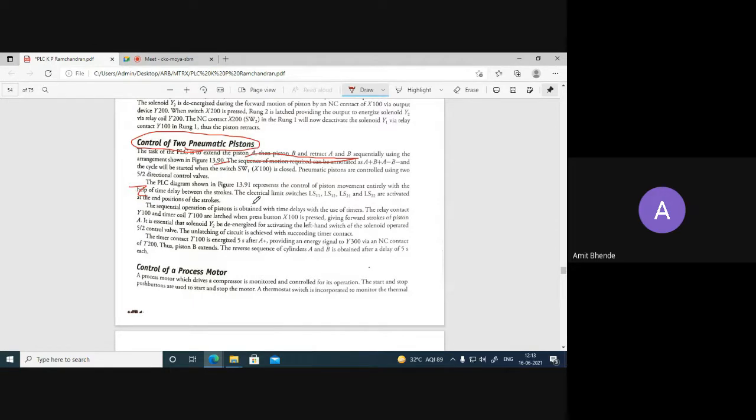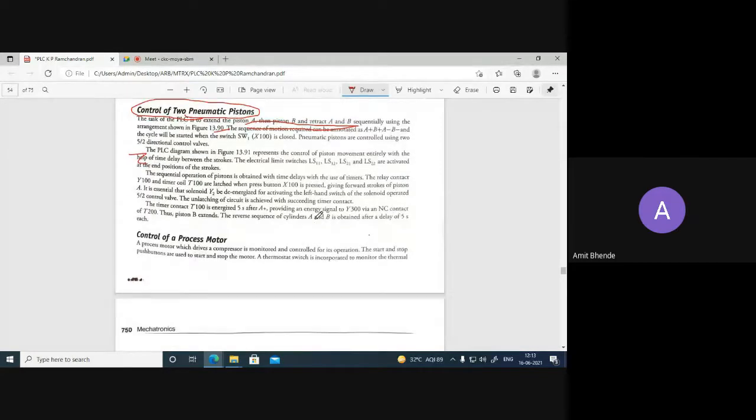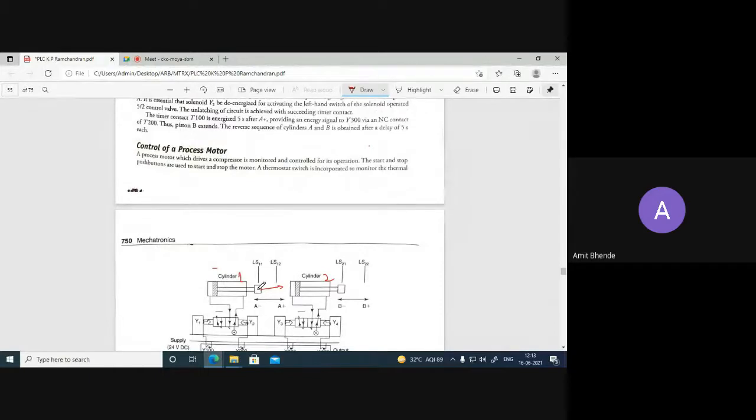That is extension of piston A. That means first the piston A will extend. Okay. Then the piston B. So once the cylinder A completes its extension motion, then cylinder B. Rather than cylinder 1 or 2, we will say it is cylinder A and cylinder B. Now, what is the sequence required?